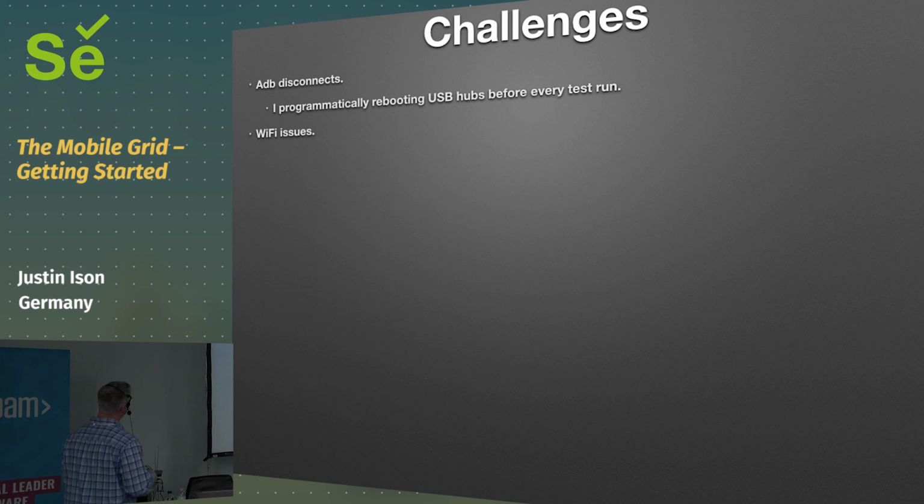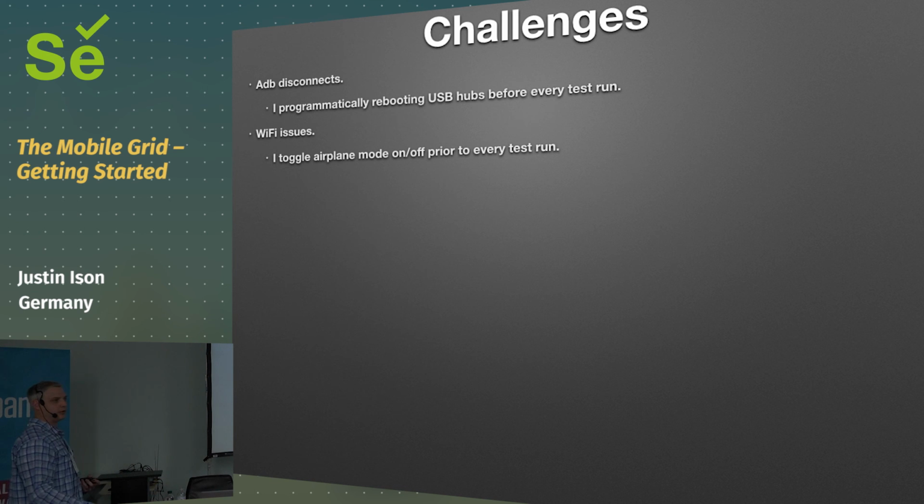Wi-Fi issues. Before every test run, I toggle airplane mode on and then off, and that refreshes the Wi-Fi connection. For some reason, I don't know why, the Android devices, after a while, I think the connection gets stale. If you look at the device, you'll see the wavy lines and an exclamation mark right in the middle. It's still connected to the router, but it can't get to the internet. I don't know if it's something on the router side or the device side, but my solution was to just toggle airplane mode. That refreshes the internet connection,